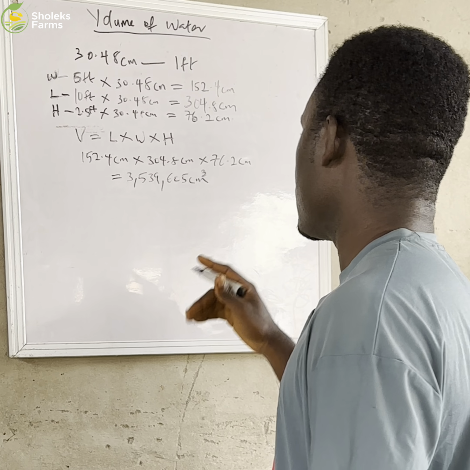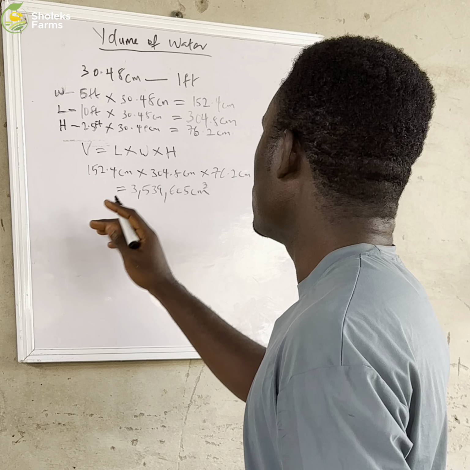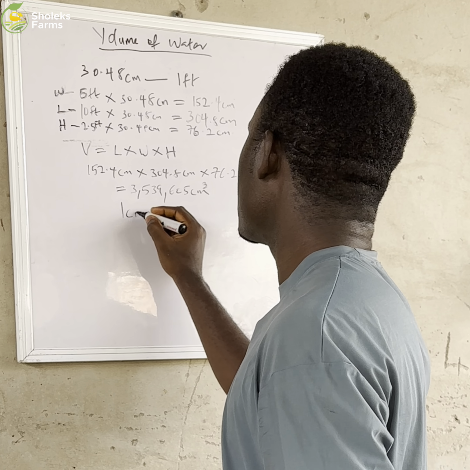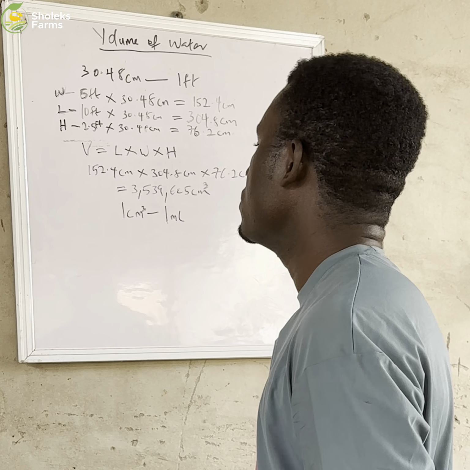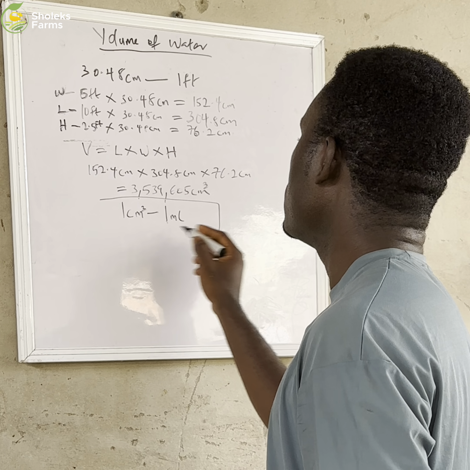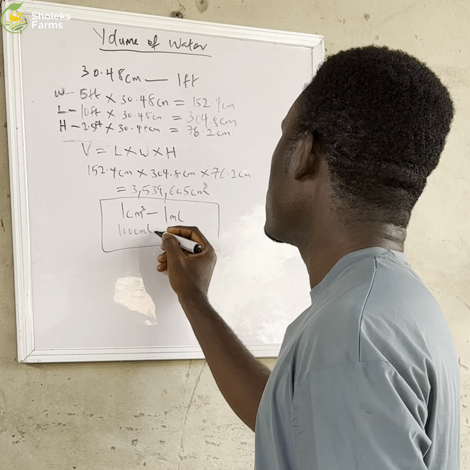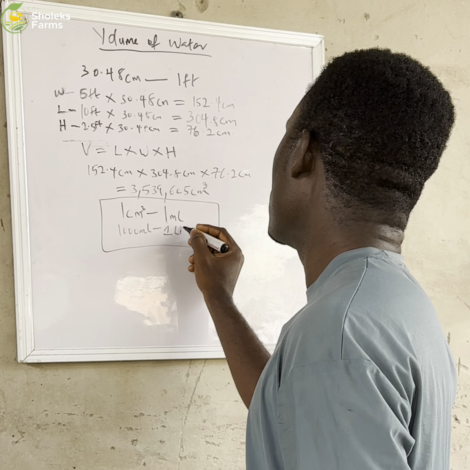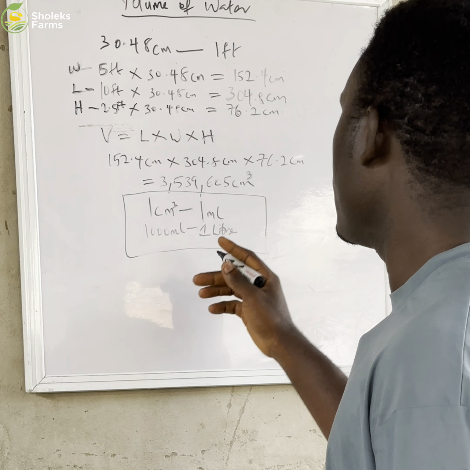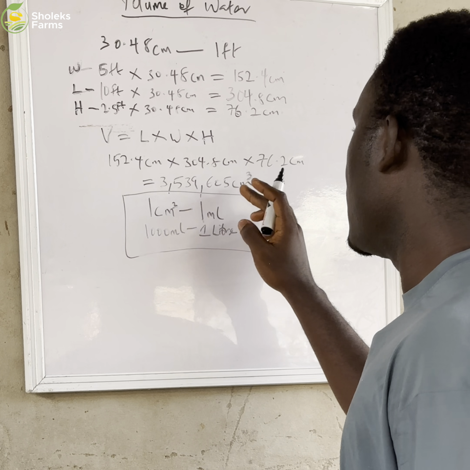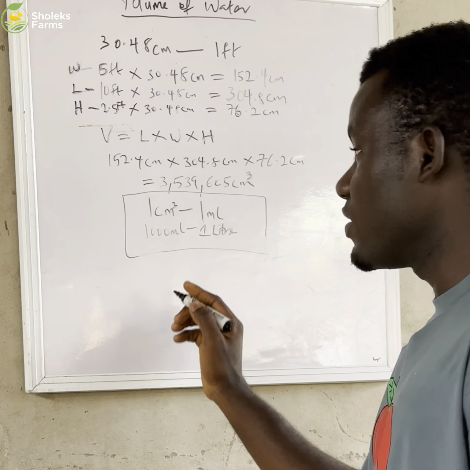How do we convert this to liters? This is the formula for converting it to liters. 1 centimeter cube will give us 1 milliliter, while 1,000 milliliters will give us 1 liter. So this is the formula we're making use of. So after converting our centimeter cube to milliliters,